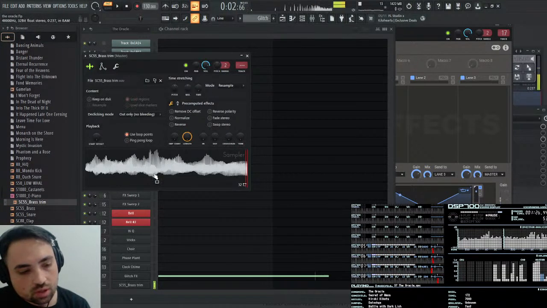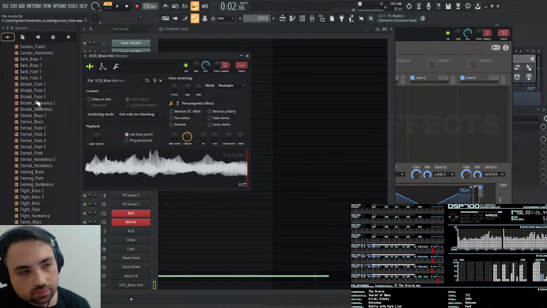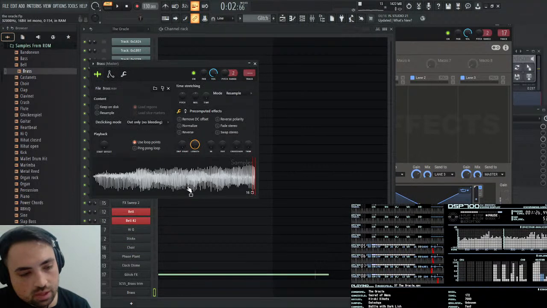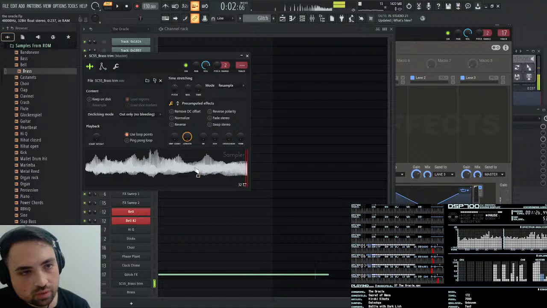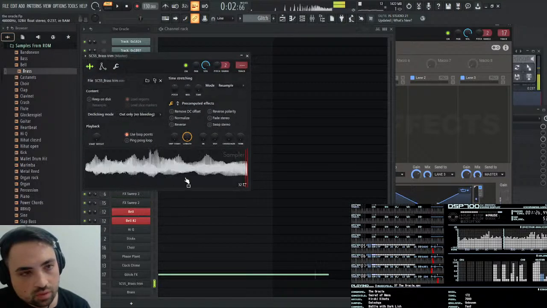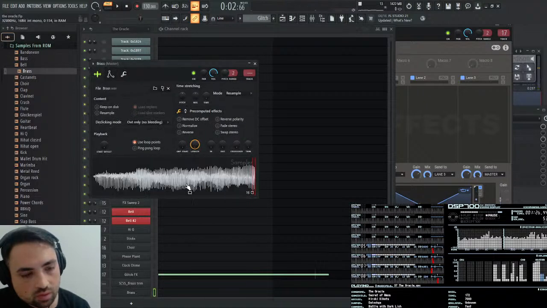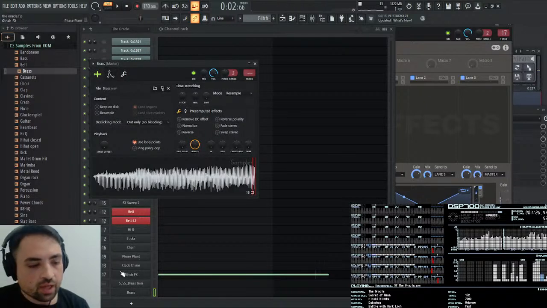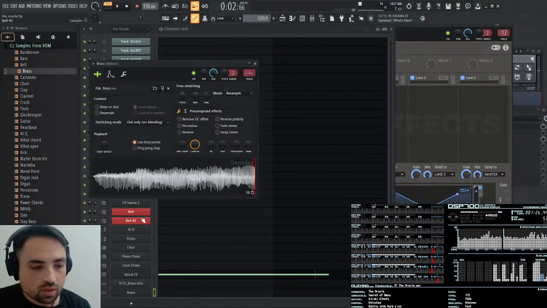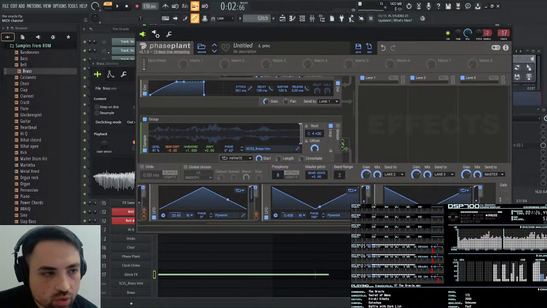Because this one has this way and the game sounds like this, versus... I think it's just because in the game there's a bigger difference between the frequencies. So if I